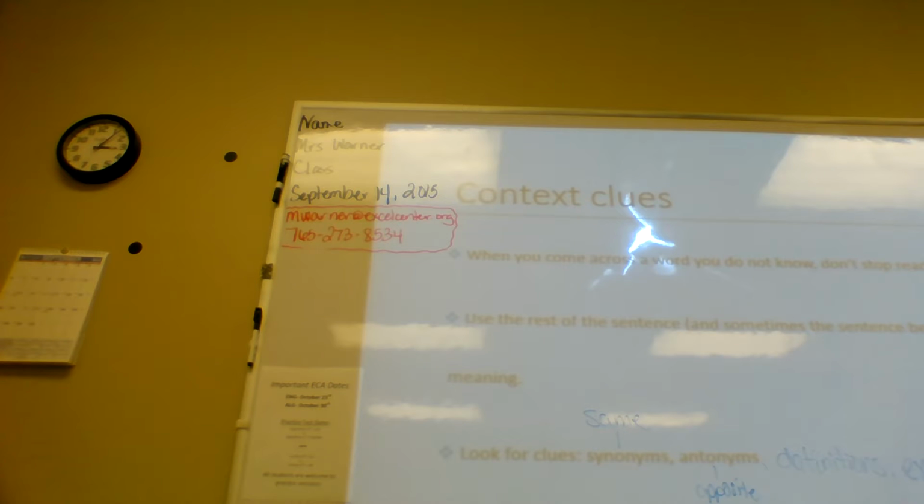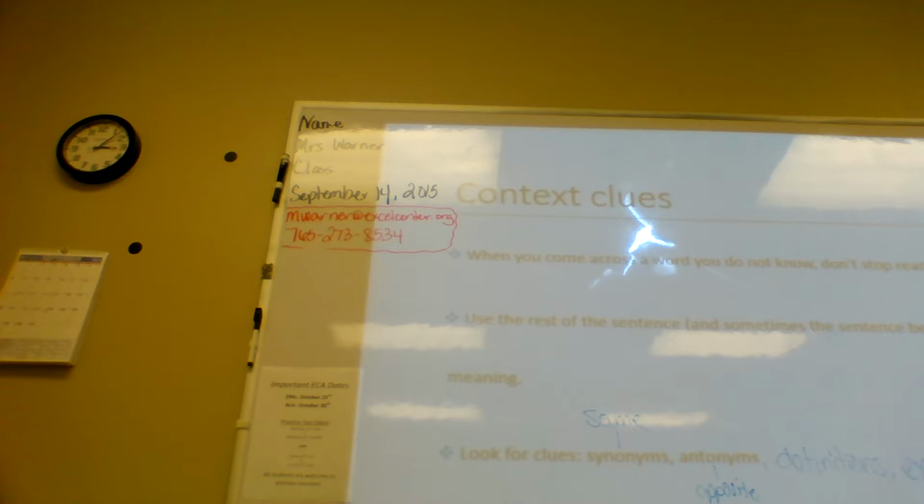So sometimes you have a concept or an idea, and later on in the next sentence or in a couple of sentences later, there's an example that helps you understand the meaning a bit better. So context clues are the first step in figuring out the meaning of a word that you come across that you may or may not know. You guys are going to have some examples today of words that you may or may not know.